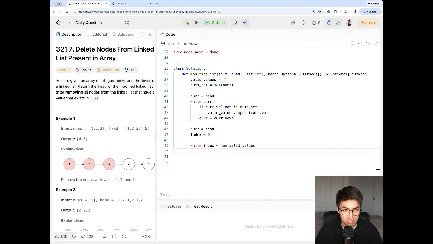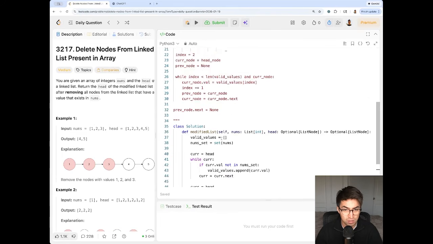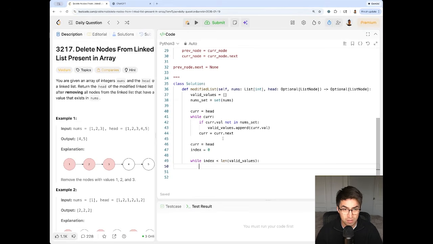The nums array is guaranteed to be at least 1. So we can't just return the linked list if there are no values in nums, because there's guaranteed to be at least 1. So that base case is out. While index is less than valid values and cur